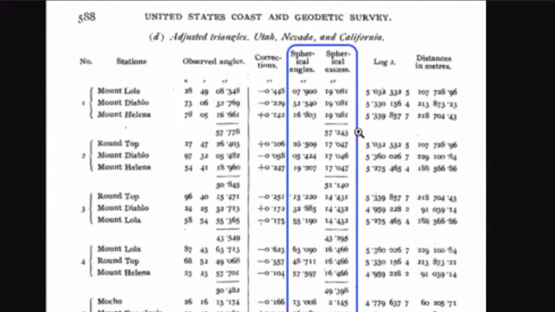If you look over in that column to the right that I've highlighted in blue, you can see the column that says spherical excess. And that particular triangle has an excess of 57 arc seconds, which is just under 1 arc minute, which is about 1/60th of a degree over 180 degrees. Now, these particular measurements are accurate to 3 digits behind the decimal point on arc seconds. So they're extremely precise measurements. The margin of error of all of these is the same. And you can see over and over and over again, these triangles all have a spherical excess.